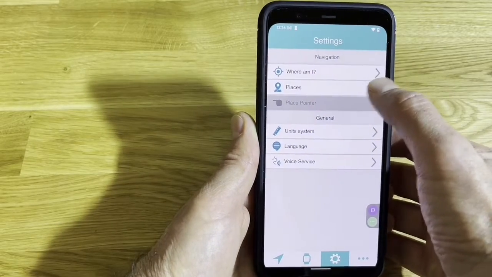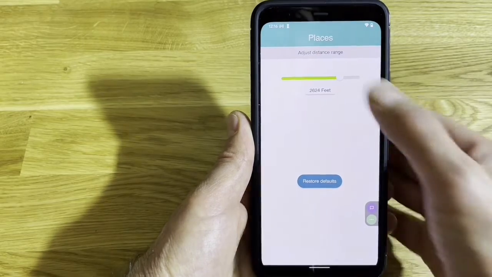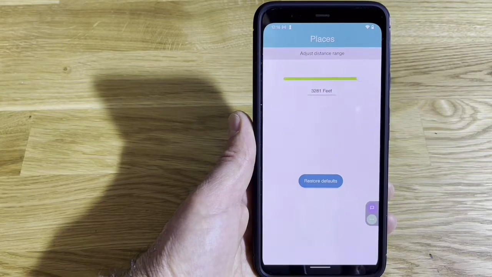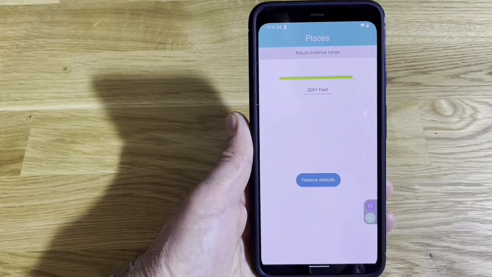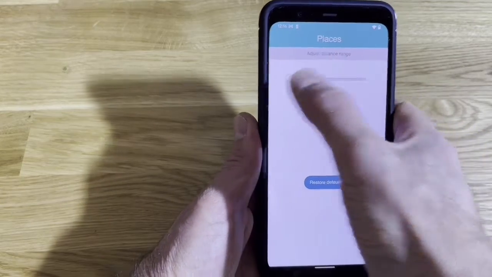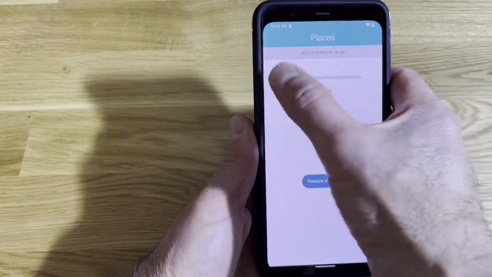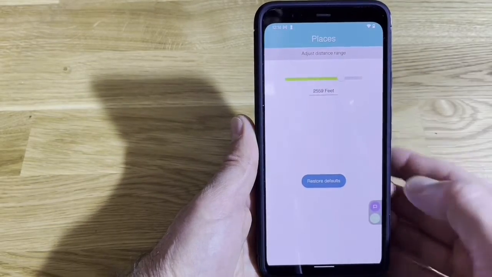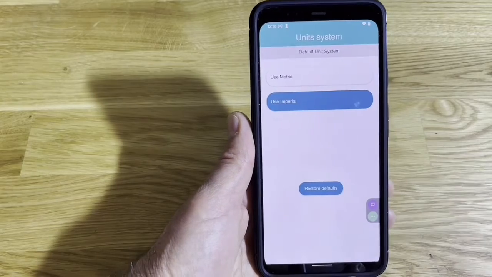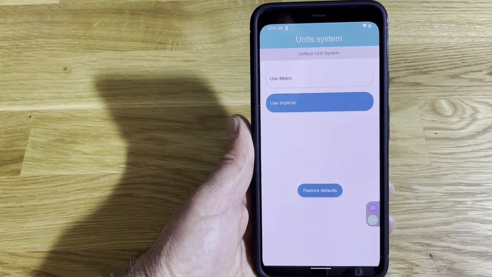I have some ability to change the search distance for my places. The maximum distance is, and I have these set in feet rather than meters, 3,281 feet, and then I can bring that slider down to 656 feet for the minimum search distance. Okay, and I'm going to bring us back to that previous settings screen. I can choose my unit system, whether I want to be using the imperial system here in the United States or a metric system,